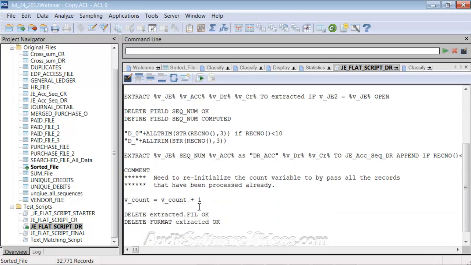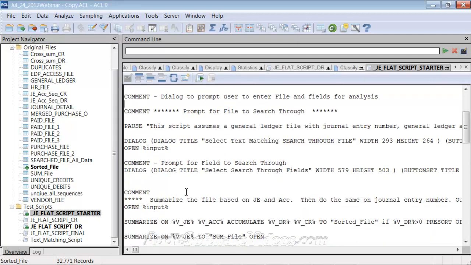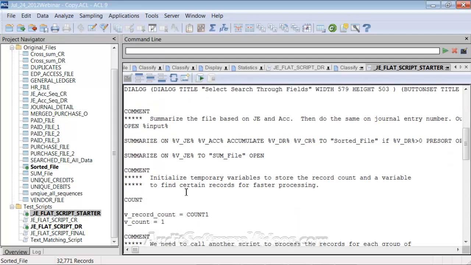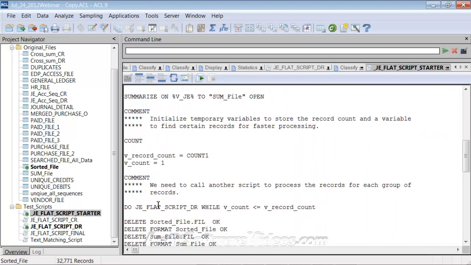So once that extraction's built, the only thing that I have to do is say my V count is now not 1, but it's 1 plus 1, which equals 2. And then it will jump back to my original script, which is the starter script. Let me go down to that particular step. It's basically going to this statement, going, okay, go back to the debit script while now 2 is less